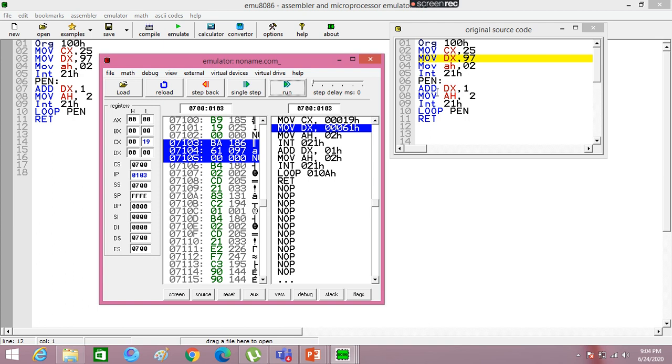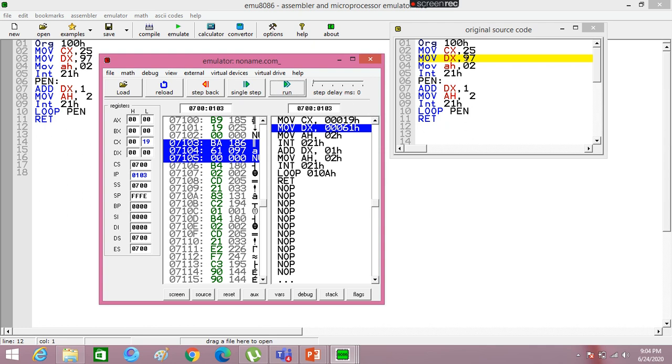So the total letters in the loop body printed on the output screen is 25. So I have to perform 25 executions, or put 25 into the CX register, the count register.